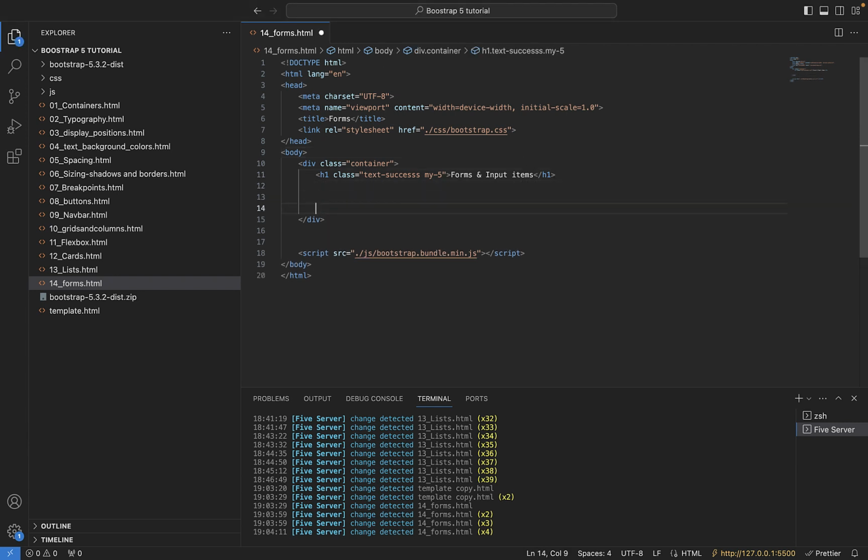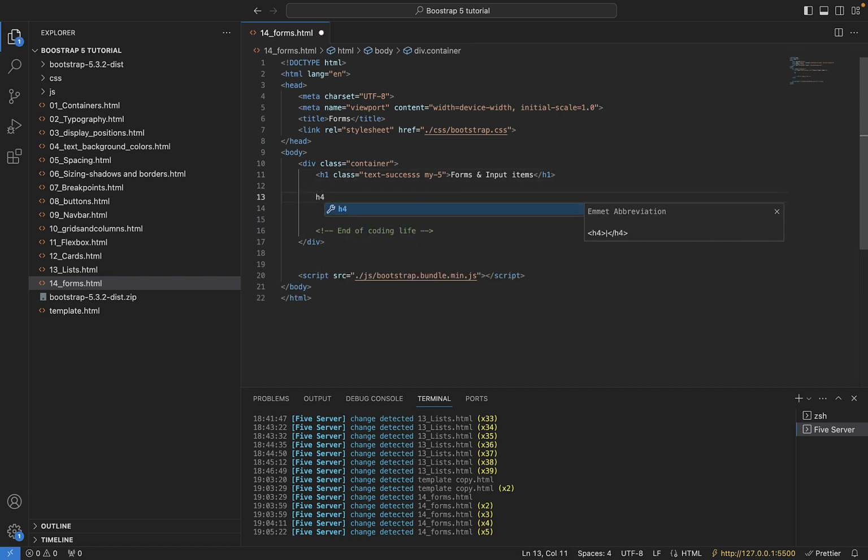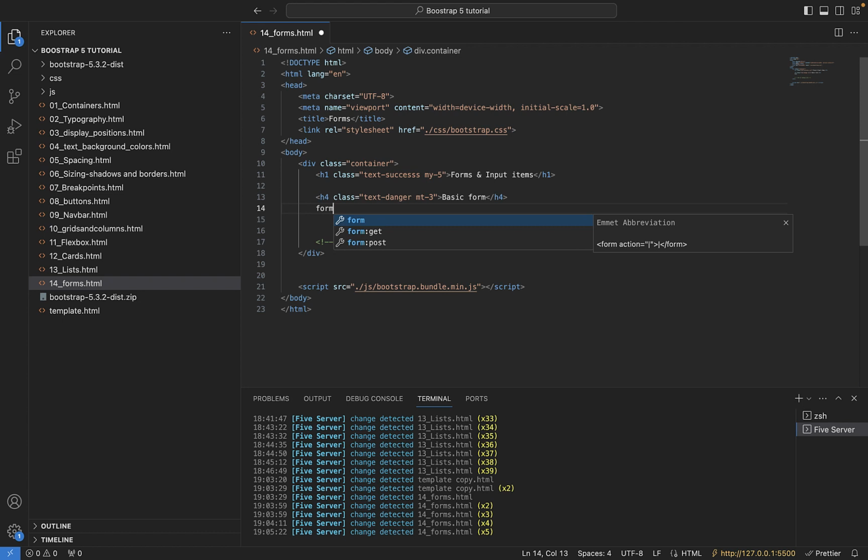So I'm just going to create some space here and add a comment so that I just don't go beyond that. I'm going to create an h4 with a class of text-danger and a margin top of 3. Then, basic form. Let's start with that. So to create a form element, of course, you have to do